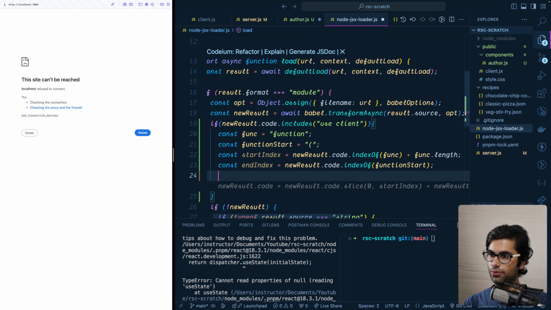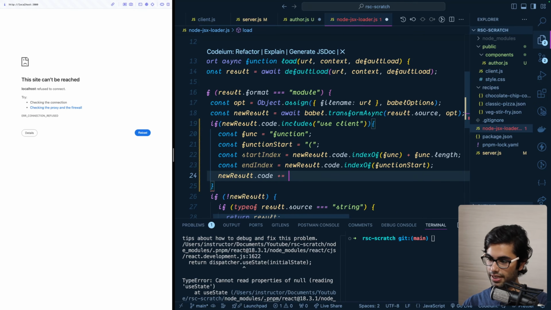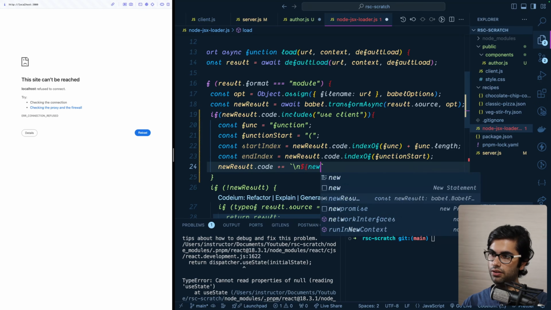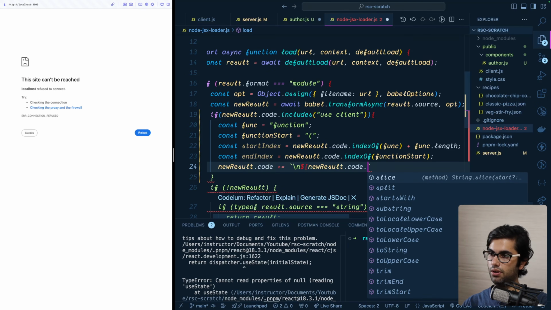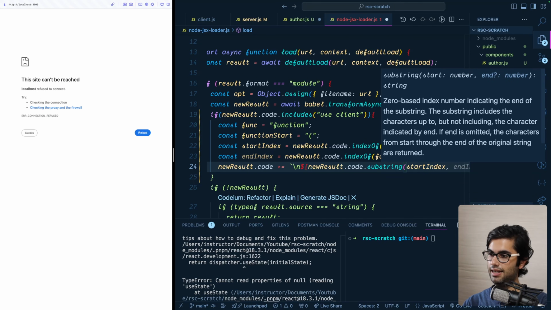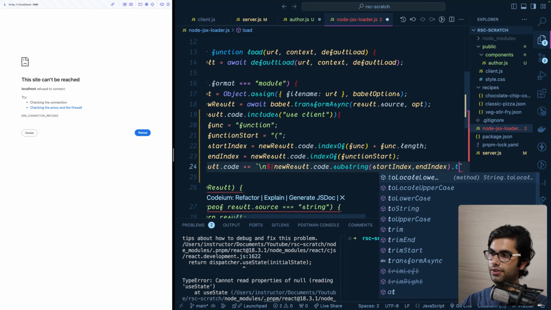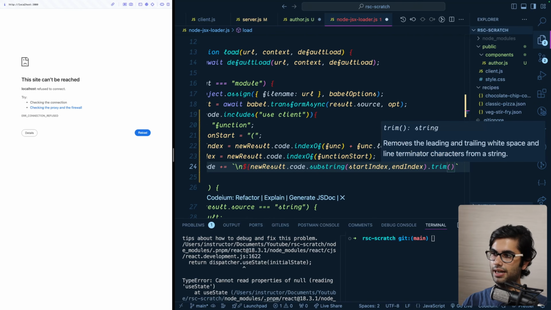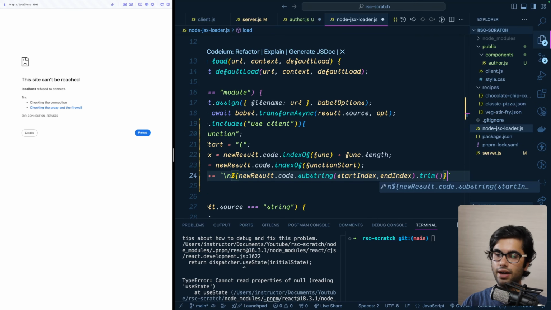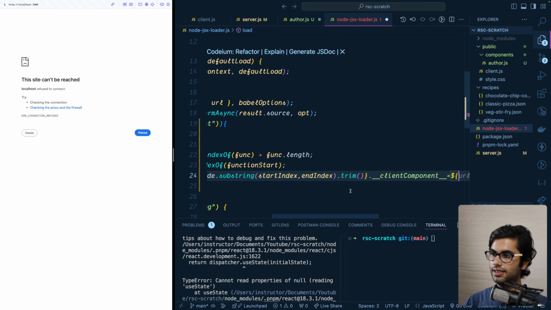Then we are going to say newResult.code plus equals, we're going to add a new line to our existing code, and we're going to say newResult.code.substring. We're going to give the start index and end index. So this should give us the name of our component. Then we're going to call trim on this so that all the spaces are removed. Then we're going to add the special property __clientComponent, and that is equal to the path of this